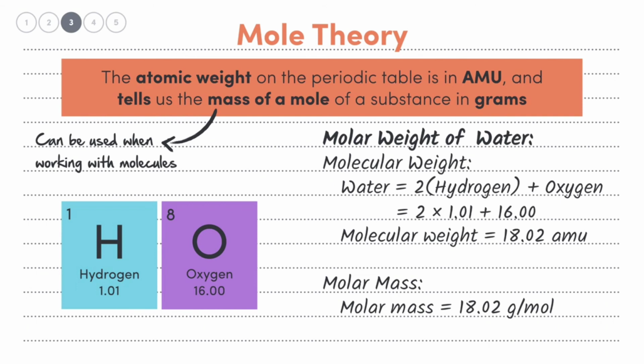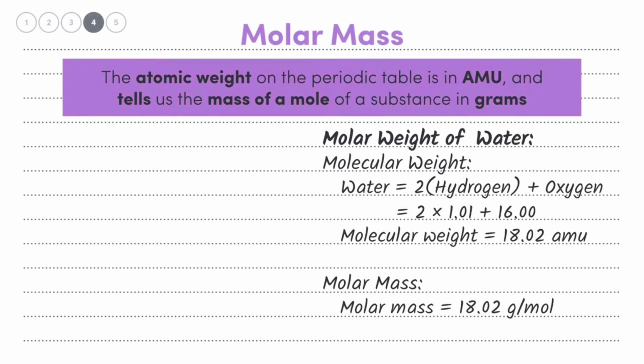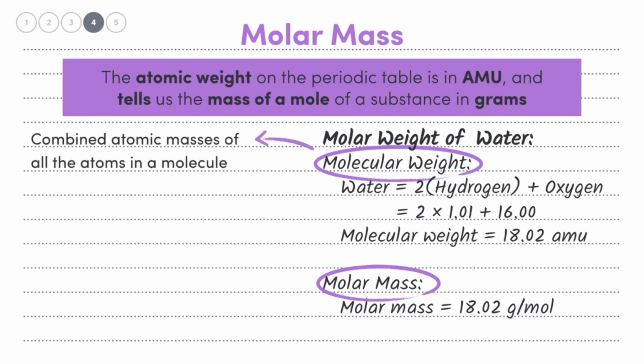Okay, I think it's important here to clear up a little bit of terminology that can be a bit confusing: the difference between molecular weight and molar mass. Molecular weight is simply the combined atomic masses of all the atoms in a molecule, written as a number. This is obviously going to be a tiny mass, and so it's in atomic mass units. But the key thing is that the molecular weight is equal to the mass in grams of a mole of